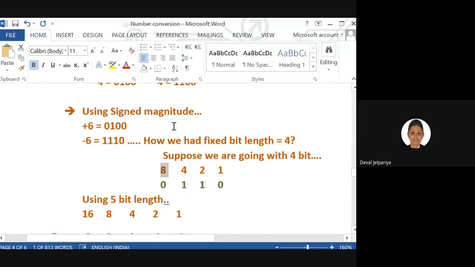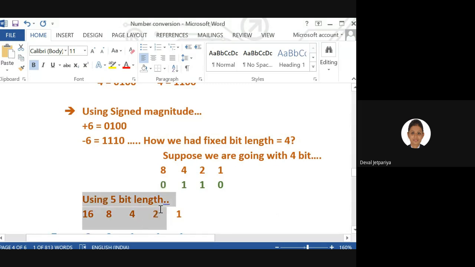So we all know that to represent 6, we simply require these two combinations: 4 plus 2 will give us 6. Only these 2 digits we need to make 1 1 and the rest of the values are 0. Now it will represent negative 6 and this value also we need to change, but we are not required to consider it in the conversion from binary to decimal, okay?